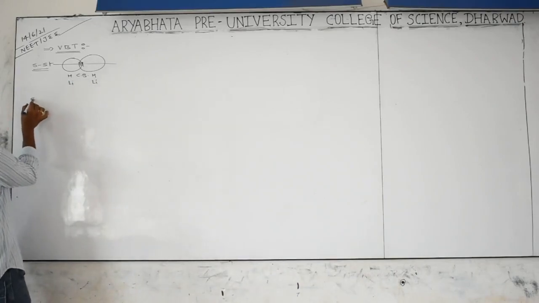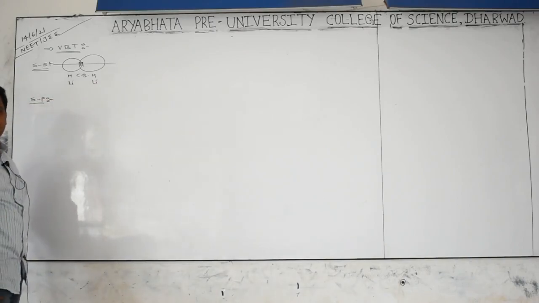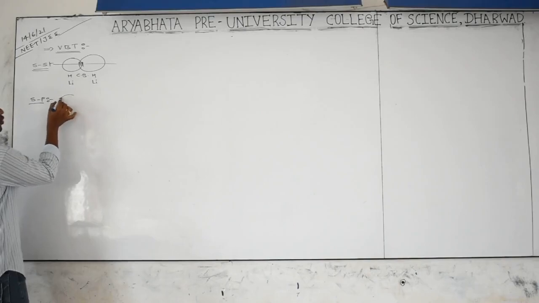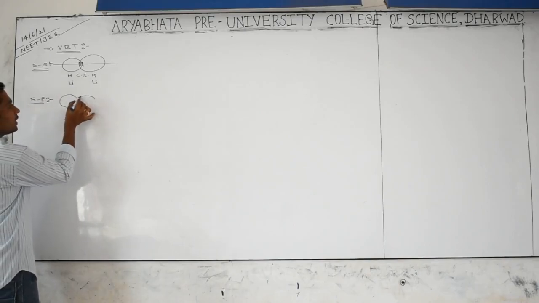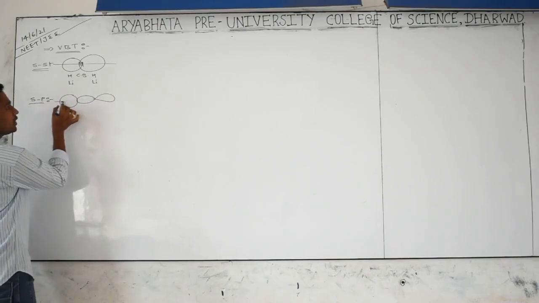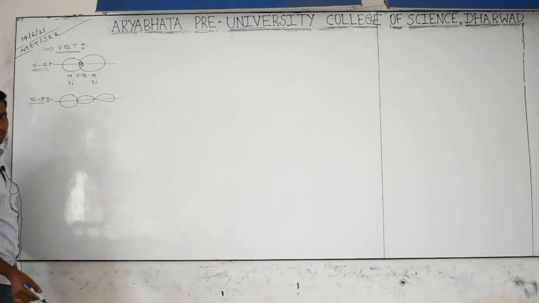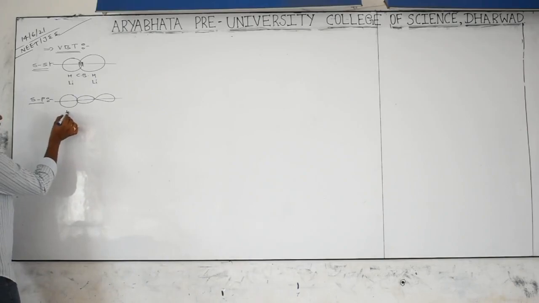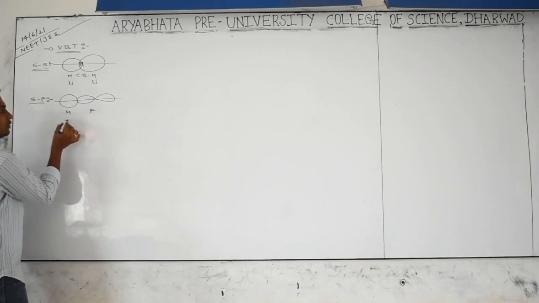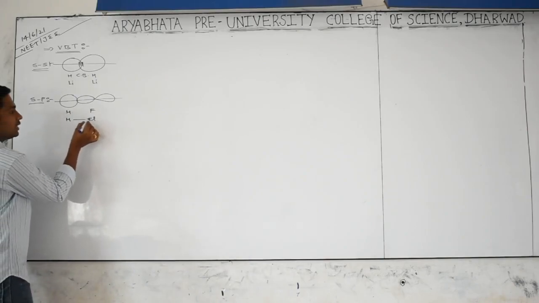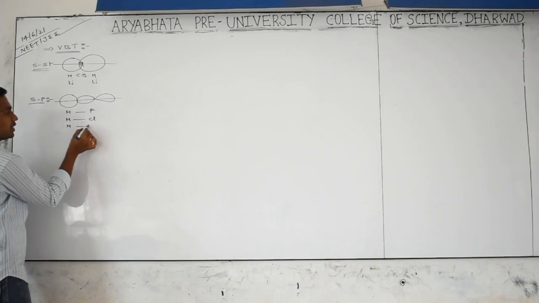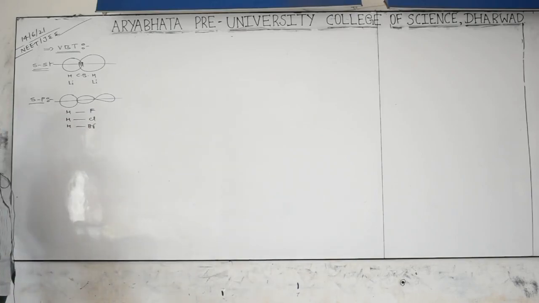The second category is s-p overlapping. What is the meaning of s-p overlapping? It means the s orbital of one atom and the p orbital of another atom are involved in the overlapping. Then we get a covalent bond, called an s-p overlapping bond. One s block element and one p block element, such as HF, HCl, HBr and HI, all undergo s-p overlapping.